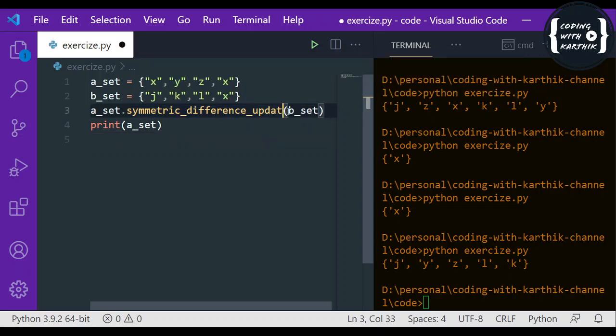And in the same way, if you want to get a new set with this criteria, you can use the symmetric difference. So you can generate a new set, C set. If you print this,